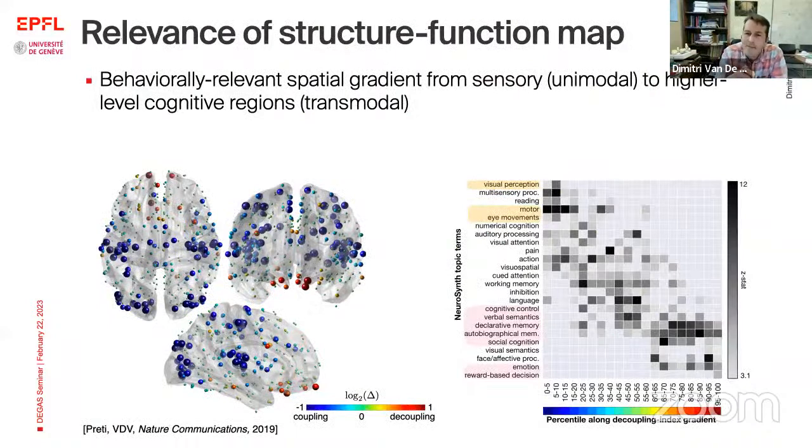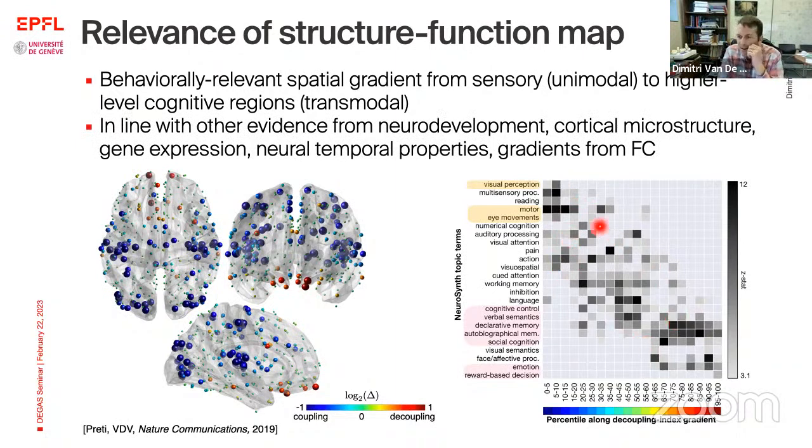So maybe as a final word on this, when I showed you this map, I referred already to the fact that we have kind of a spatial gradient from low-level sensory to high-level transmodal or more association regions. And this can actually be checked to what extent this also matches with knowledge from task fMRI, which has been collected and put together in large databases. And so if you basically rank the regions from being more coupled to being more decoupled, and then you look up those regions into what is the most popular topic in terms of task fMRI findings, you get an association